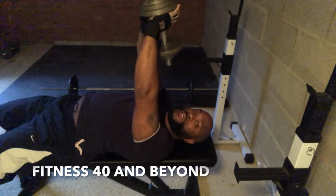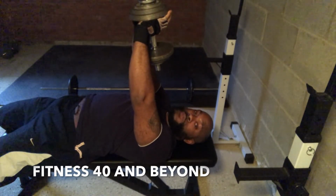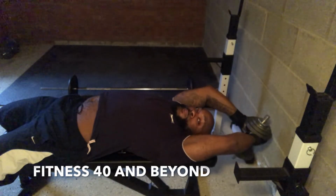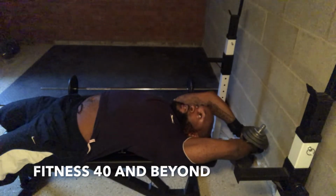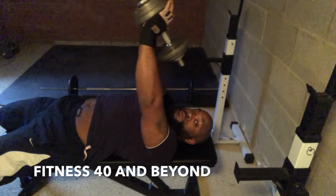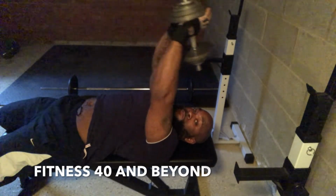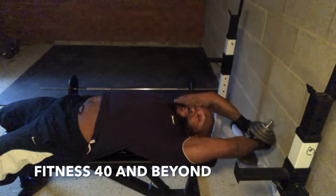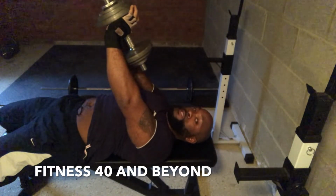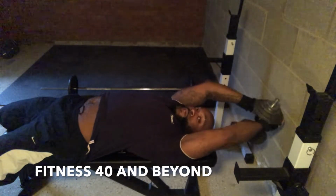Okay, so again, with starting positions, we start just above our chest, which is where we're going to finish. Okay, and we're going to have a nice stretch all the way back and stop probably just about level with your shoulders, and stretch forward and pull and squeeze, and that is one. Yeah, right at your starting position. All the way back, stop, feel the tension, pull, squeeze at the top of the chest, and that's 2. Pull all the way back,